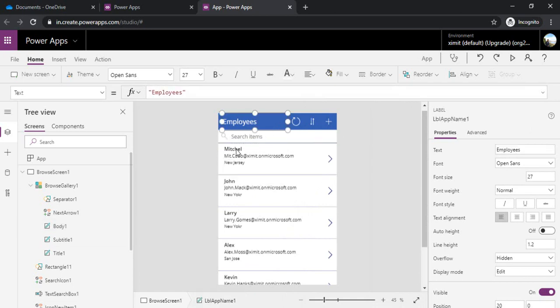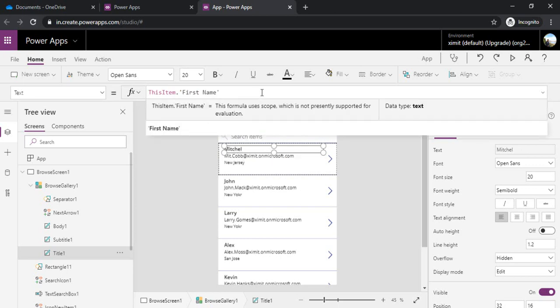But how do I change this title 1 field to have the last name as well?